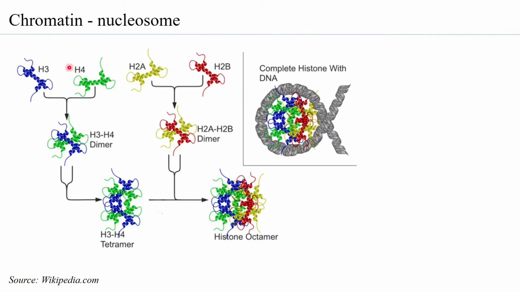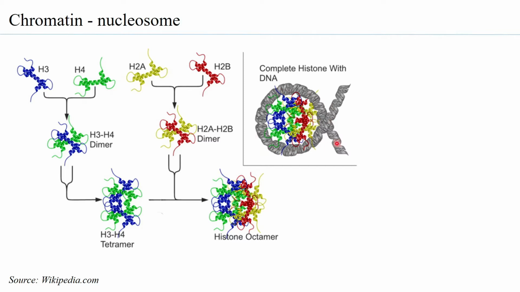You can see that every histone molecule, whether it is H3, H4, H2A or H2B, has a globular part and there are tails present. So there are distinct regions which remain as filaments, while there are regions that become what are called globular domains. When you have the entire octamer present, the tails are coming out of the entire structure. These are what are called the histone tails, and these tails play an important role with respect to nucleosome modifications. You can see how the tails are also able to hold on to the DNA.